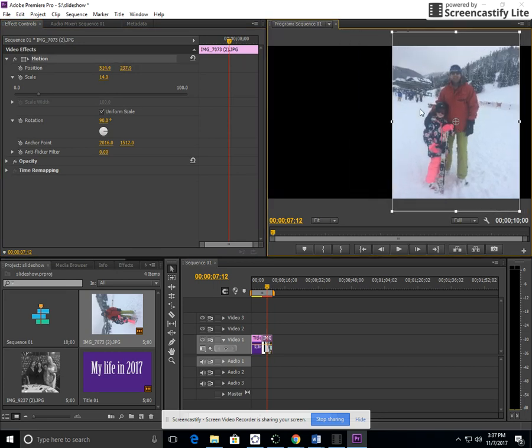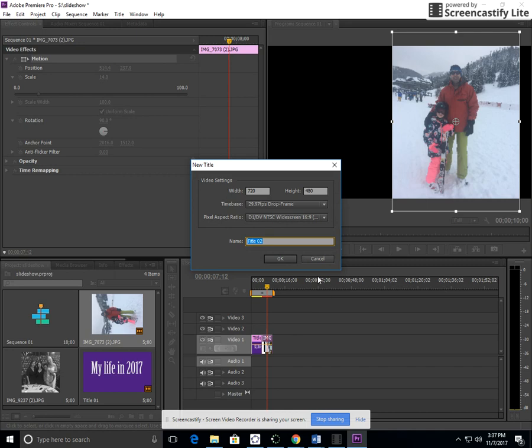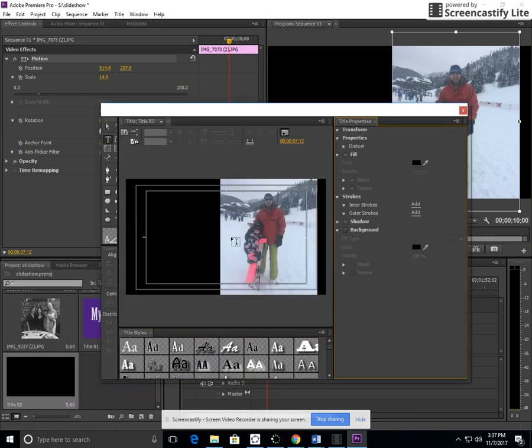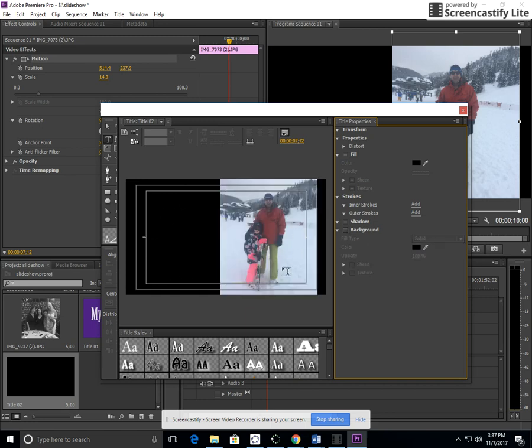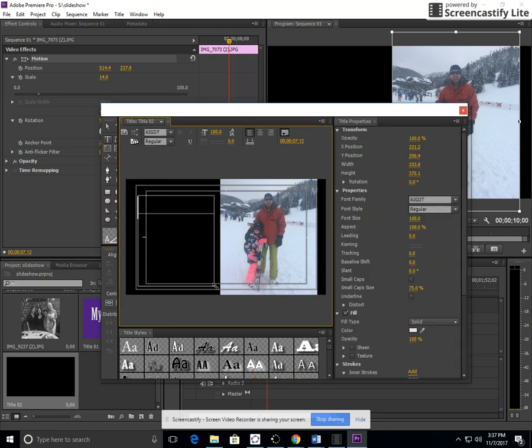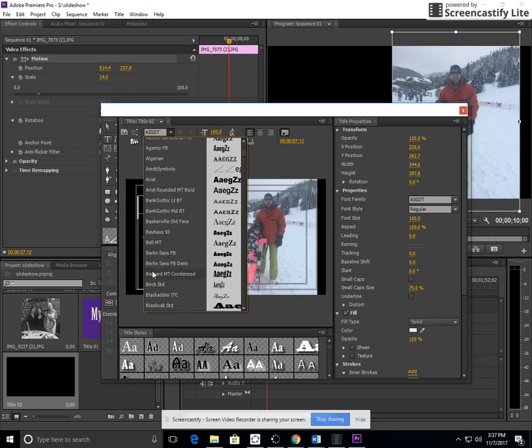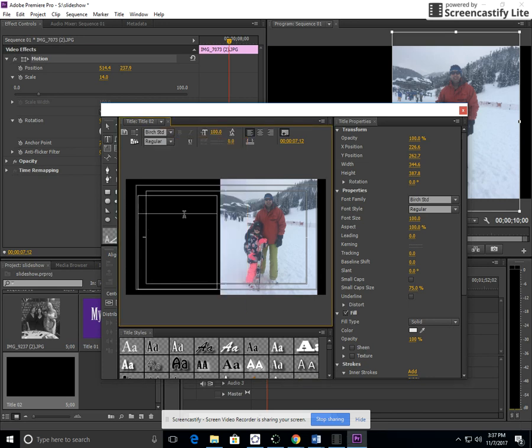And then I want to type something on this side. The way I would do that is I'm going to do Control T again and open up a new title page. The background is this picture, but don't click background or it'll get rid of it. If I've got that selected, that means that's what I want to have as the background. I'm going to make another text box, make it big enough, select the same font that I want, click on where I want to type, and I'll say